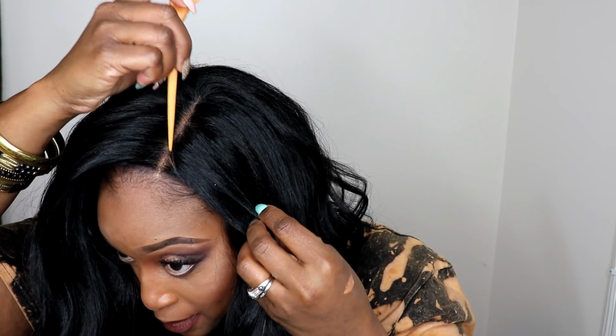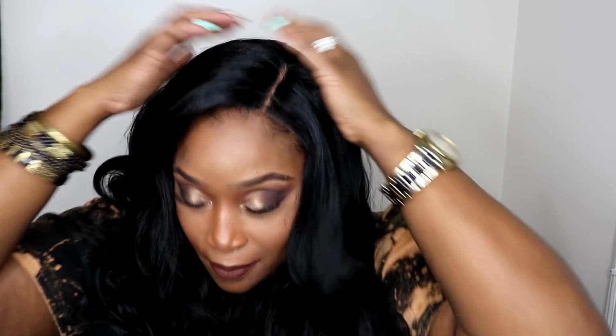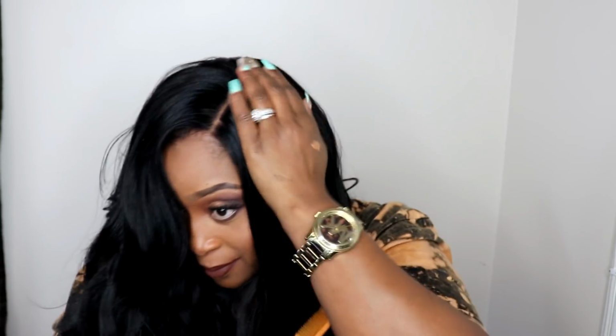Okay, I'm going to commit to this side part. I'm going to commit to a side part, so I'm going to leave the part in right there. Maybe over a little bit. If you want to pluck this part to make it look more natural or whatever, I'm going to leave it as is for right now. I think the parting space looks actually good. I just want to make it look